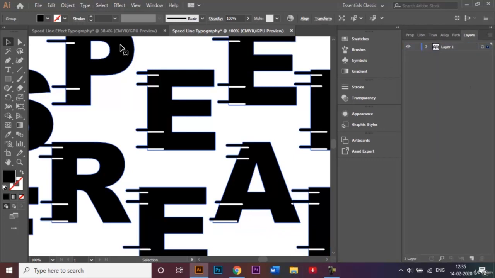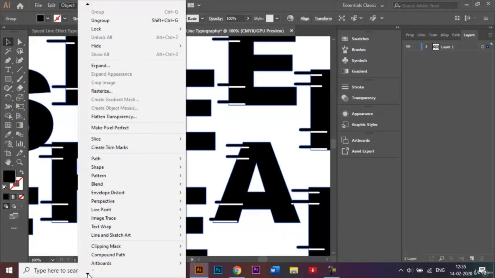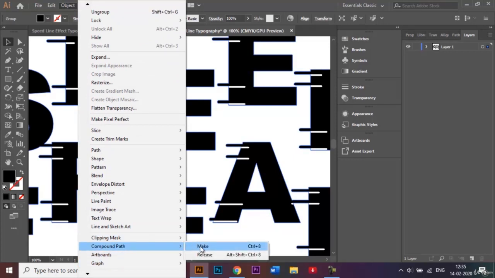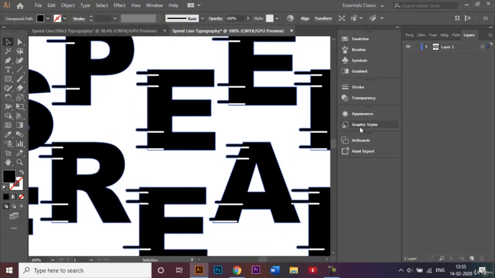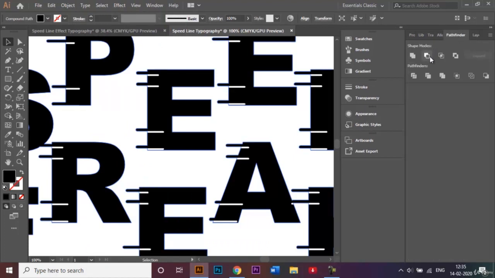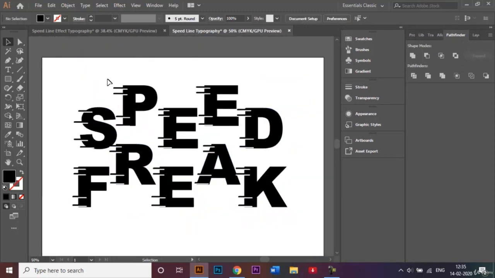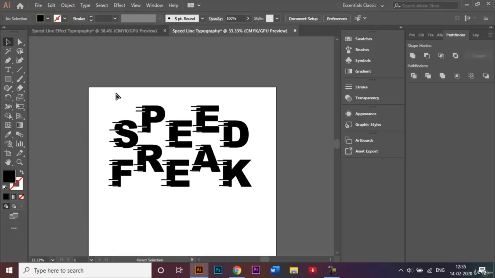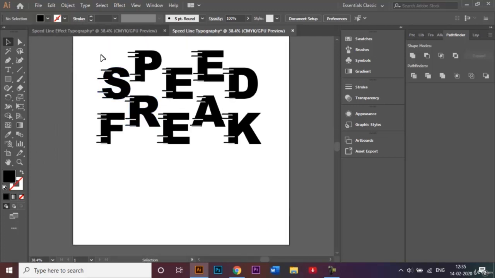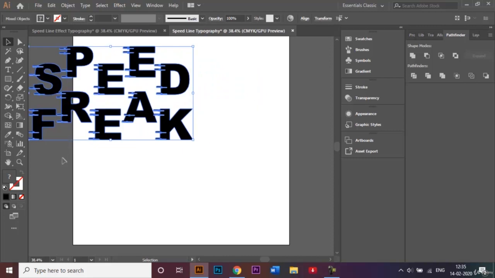So we will have to create a compound path for the next step, which is going back to object, coming down here to compound path and make. After that, we'll go back here to the pathfinder tool and click on minus front like that. You can't really see what happened right now, but if I select all of them and take them outside like this,